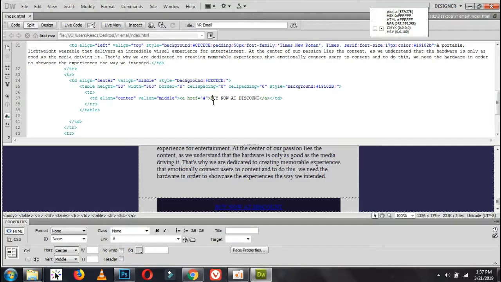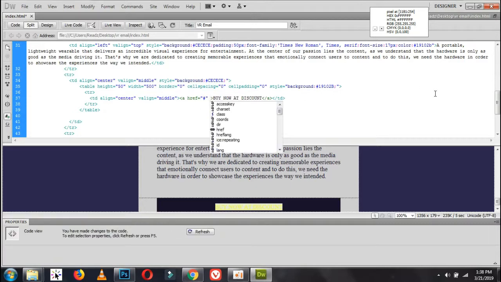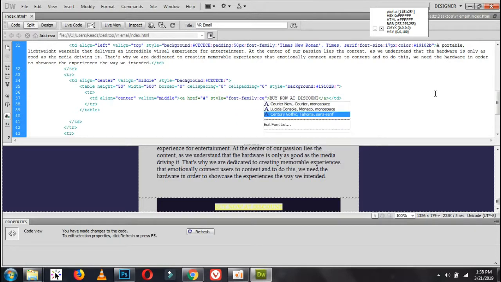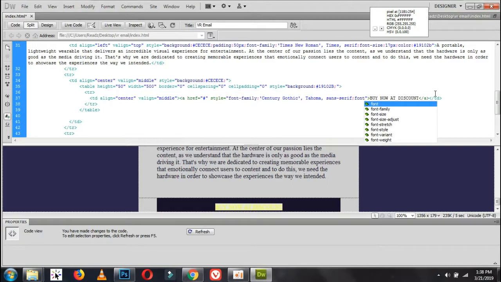Okay, we have to write down the style sheet into the link href tag. So I'm going to style, first font family, Century Gothic, then font size, 30 pixel,